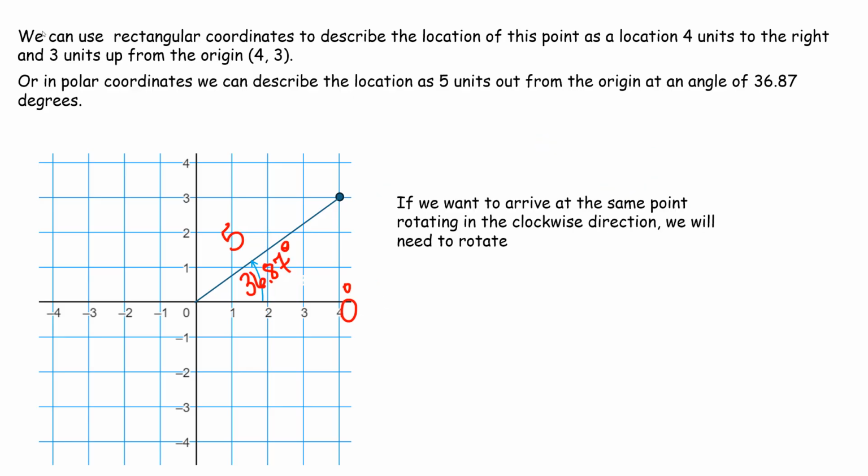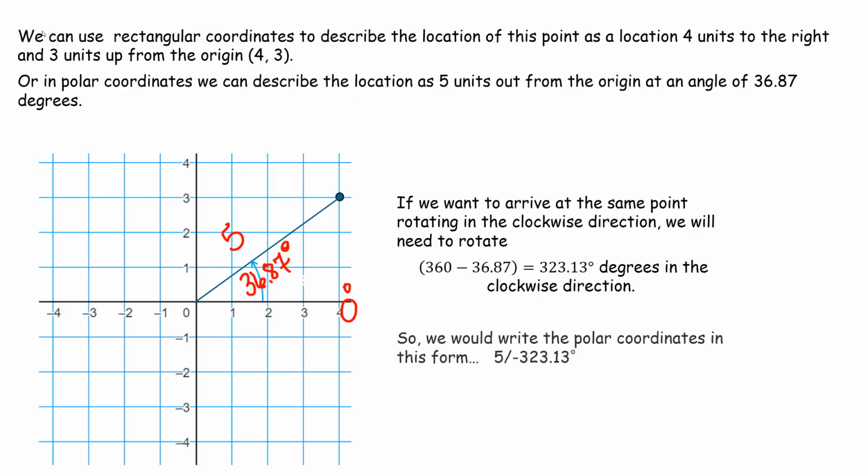Now we're going to look at another way to get to that point using polar coordinates, and that would be to go in the clockwise direction. So if we go in the clockwise direction, we're going to have to go 360 minus 36.87 because we want to go clockwise all the way to that radius. And so we're covering the whole circle except for that 36.87 degrees. So we figure out what that is by just subtracting 360 minus 36.87. And now we can write this in this form, 5 negative 323.13 degrees. You would write 5 comma negative